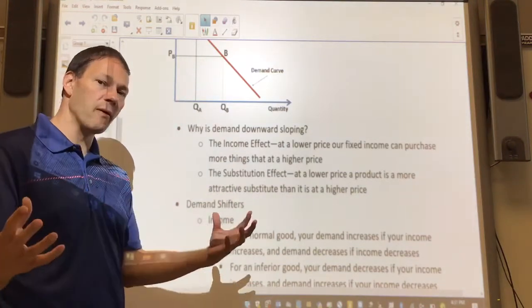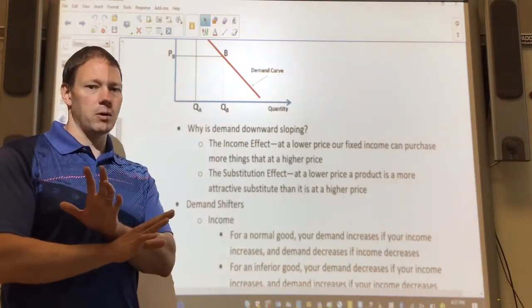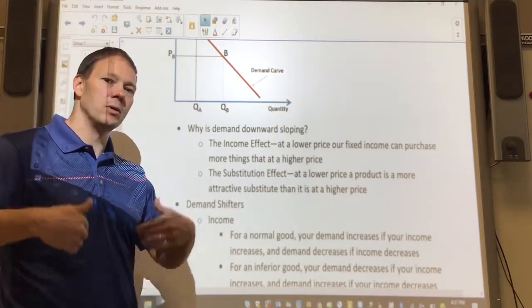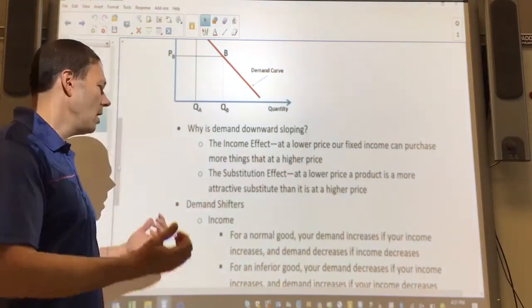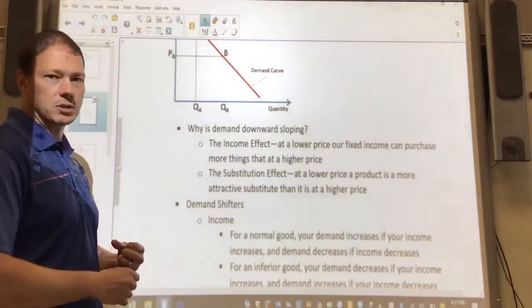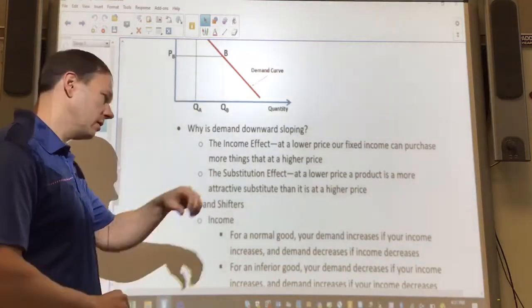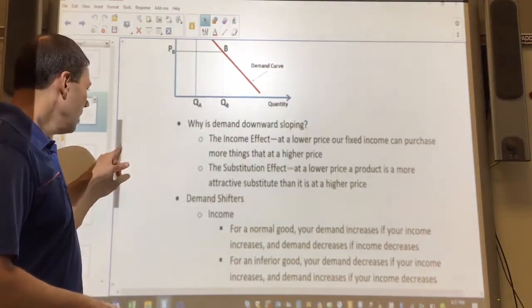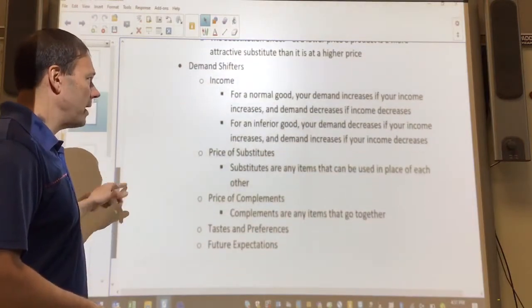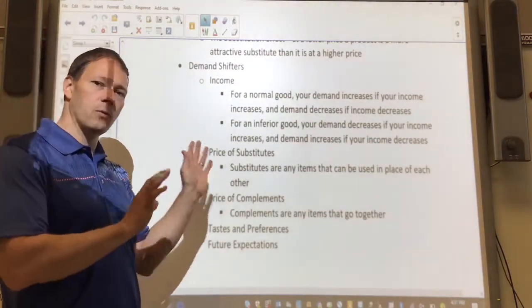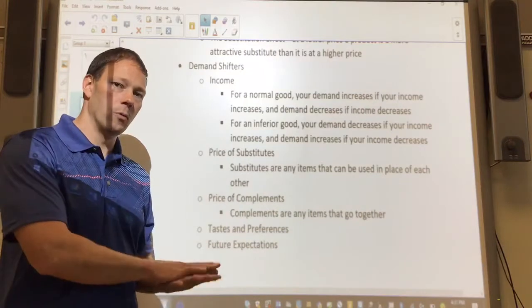With very few products, there are no alternatives. Almost everything has some kind of alternative that you can use, and so you weigh those options, okay? You can go here, this has got a great deal, or this doesn't, or whatever. And then, of course, the things that shift demand: income, and of course we differentiate here between normal goods and